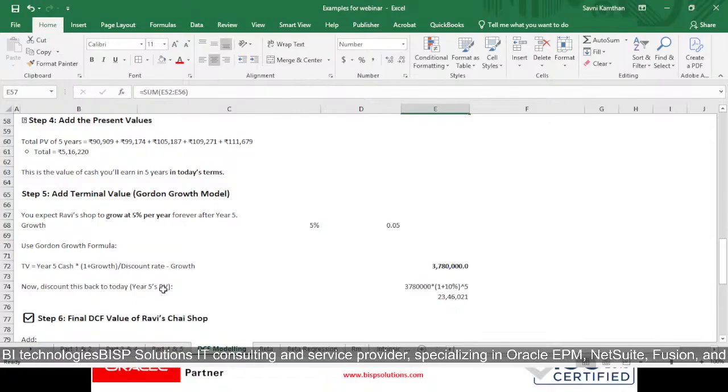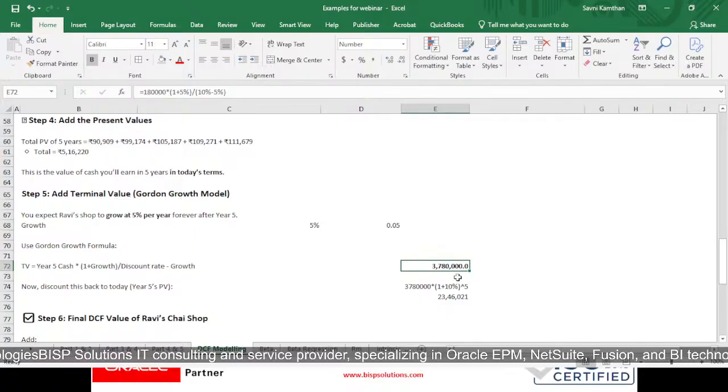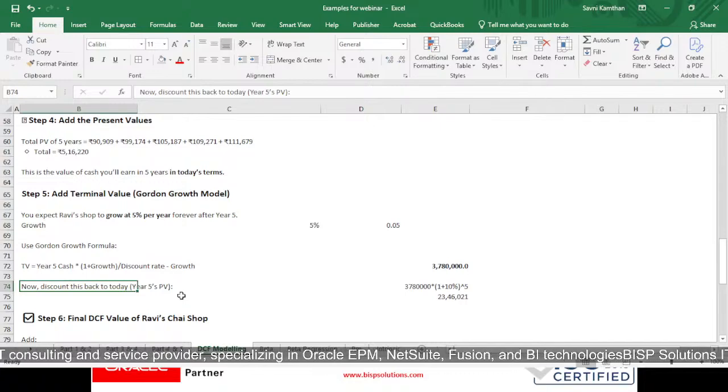Then if we add our terminal value, which is the Gordon growth model, we expect Ravi's shop to grow at 5% a year forever after 5 years. So growth is 5%, and we calculate it as a percentage, so 0.05 is there. So if we use the Gordon growth formula, our TV is year 5 cash flow times 1 plus growth, upon discount rate minus growth rate. It will be giving us 37,80,000. Now if we are discounting back to today,